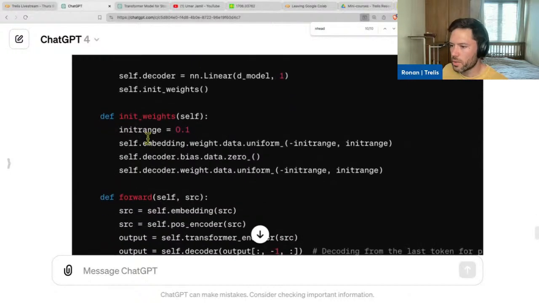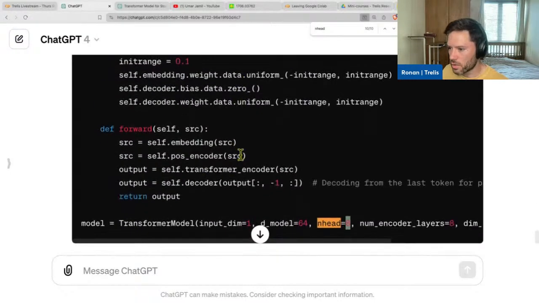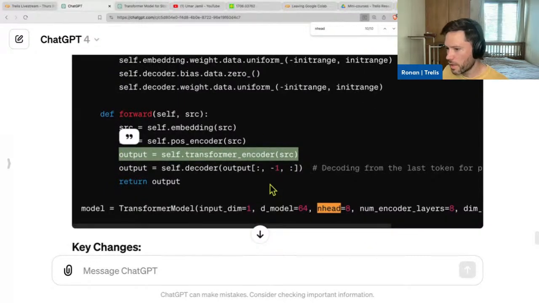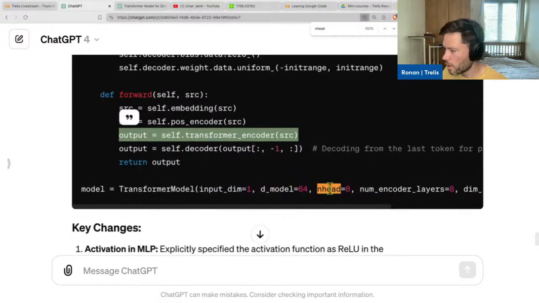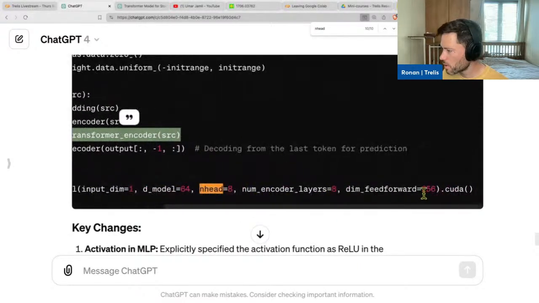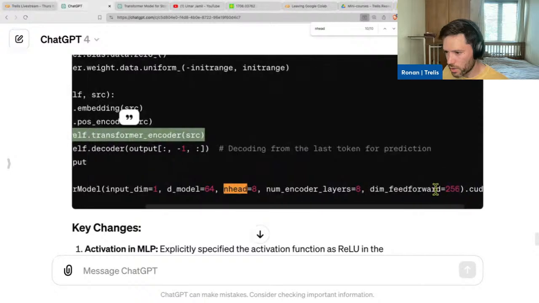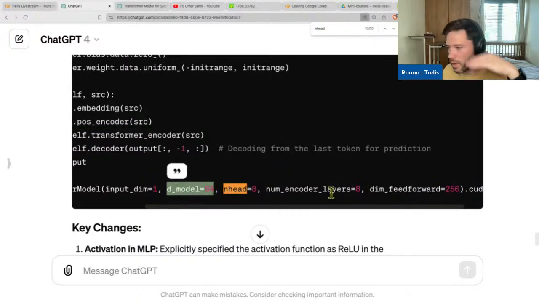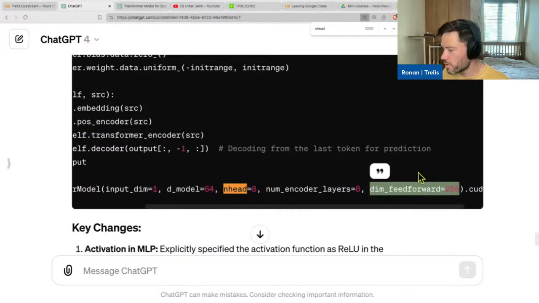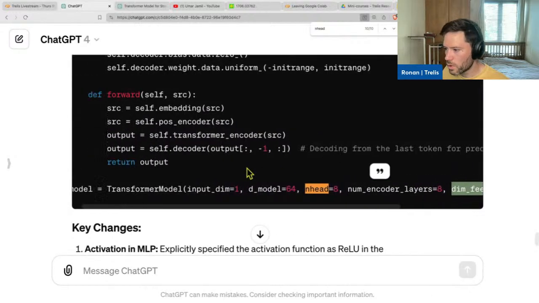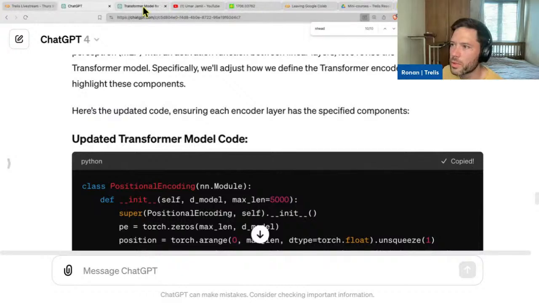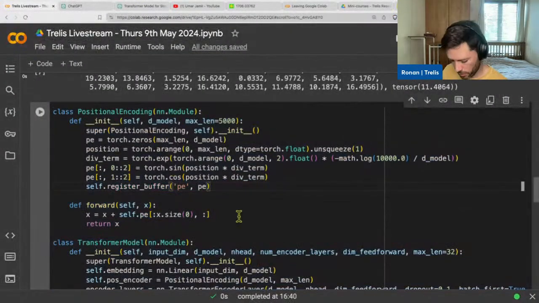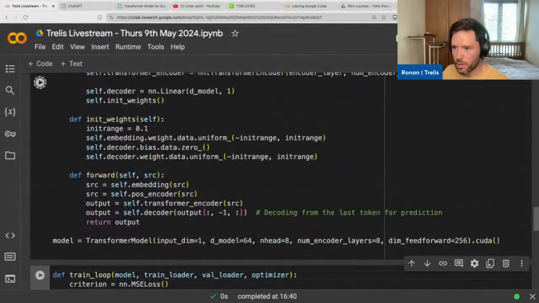And so here it's initializing those weights, and then it's running forward through the embeddings to positions, and then it's doing a forward pass through the transformer, and then it's decoding the last token. And here we go with the model specification. So you can see the dimension of the model is 64, and in the feed forward, it's going up to 256. So we'll go ahead with that. So let's just take this as a starting point before we go to a more explicit approach. Paste that in, run that cell,